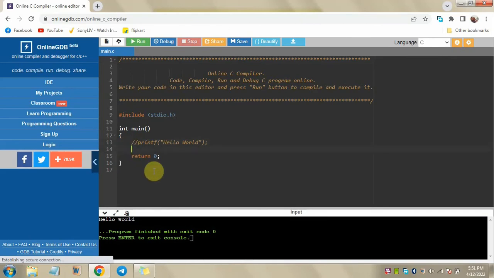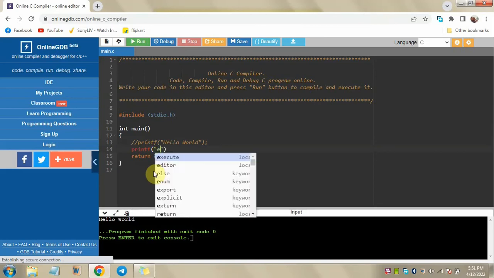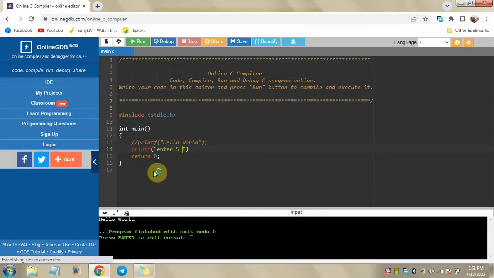So now we have to write printf for printing anything in the output. "Enter 5 numbers." Whatever we'll write within the quotation, it will get printed. Even this space over here I have given, it will also get printed. So semicolon is needed. So it will print "Enter 5 numbers". So now, after writing this in our output, the user will be giving 5 numbers, right? So we have to read those 5 numbers.